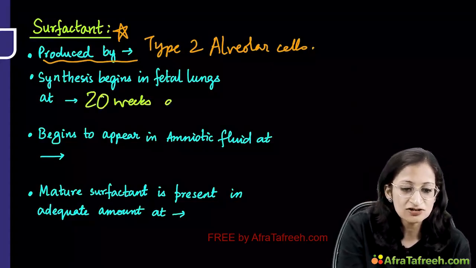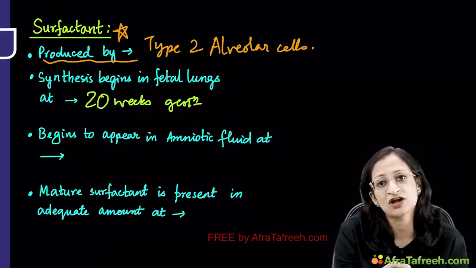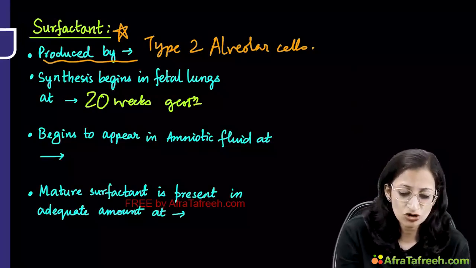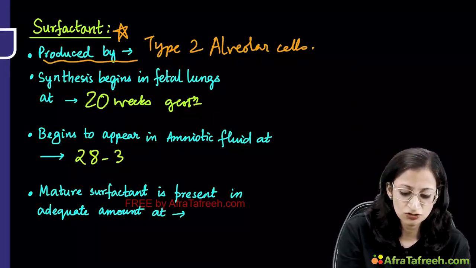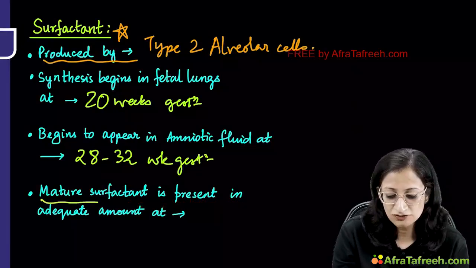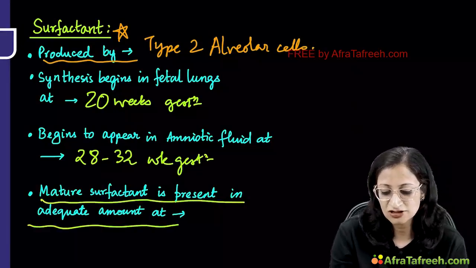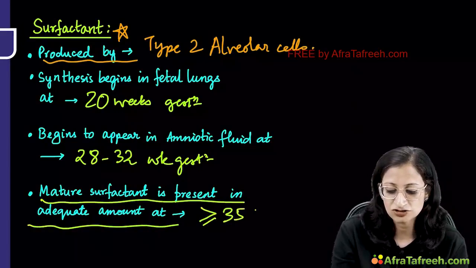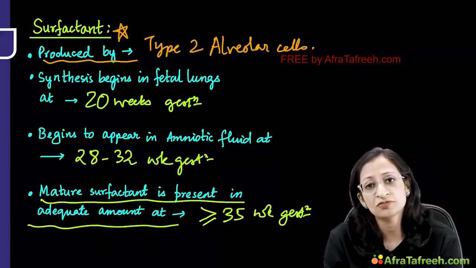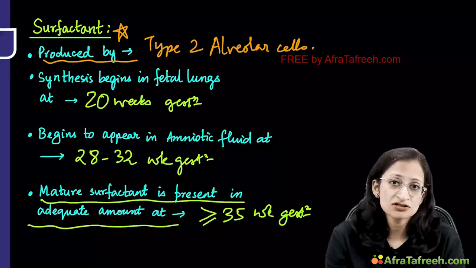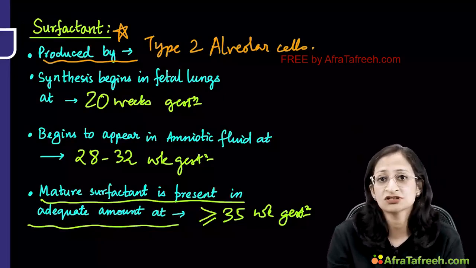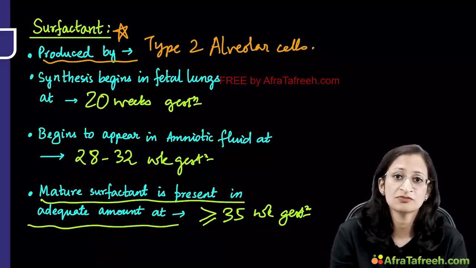But surfactant begins to appear in the amniotic fluid only between 28 to 32 weeks gestation, while mature surfactant in adequate amount is present at or beyond 35 weeks of gestation only, right. So you can make out that the more preterm the baby, the more are the chances that mature surfactant is going to be deficient,